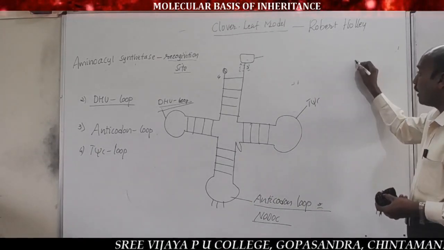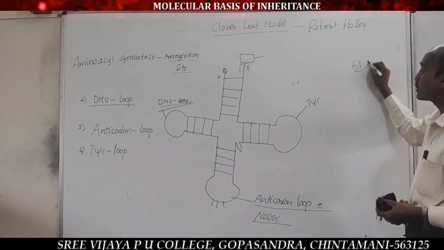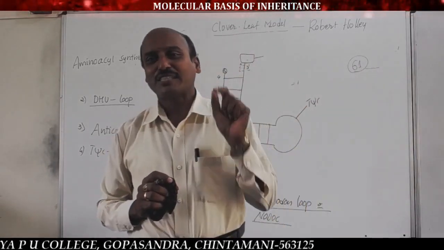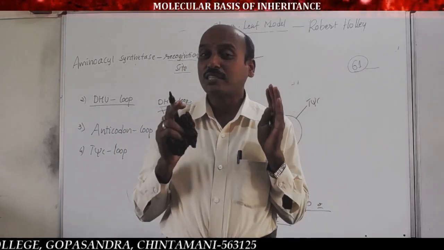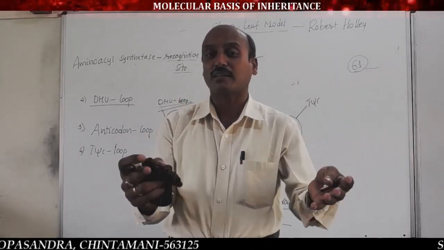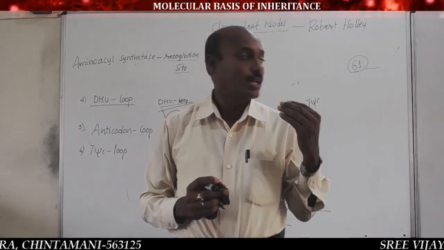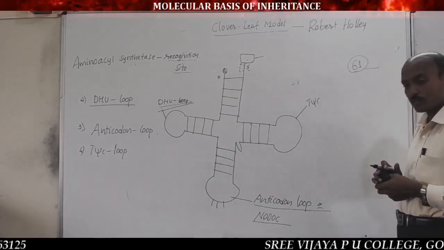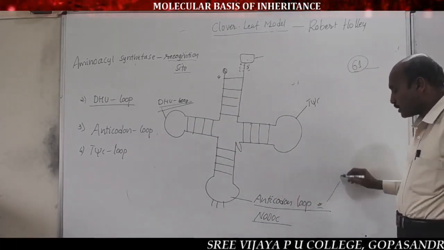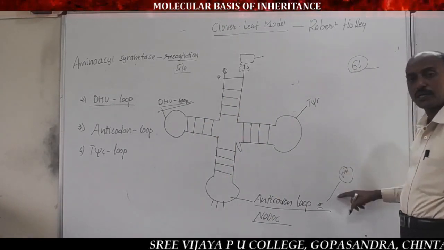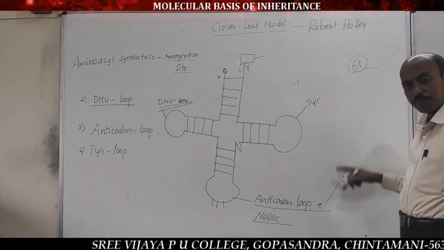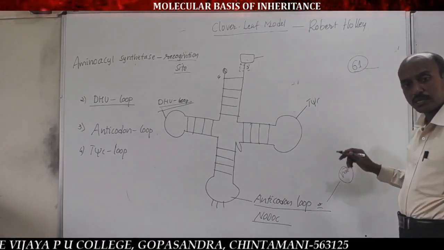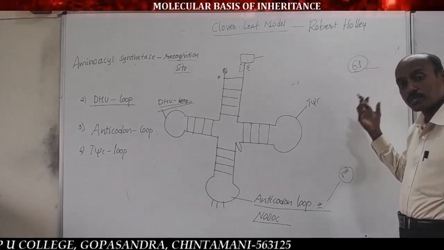Many types means approximately 61 different types of tRNAs. That means the cytoplasm of a cell contains at least 61 different types of tRNAs. Why, sir? I will give the solution for this question in the future explanation. So, the anticodon loop is one of the important parts of tRNA, because based on it, tRNA differentiated into many types, minimum 61 different types.